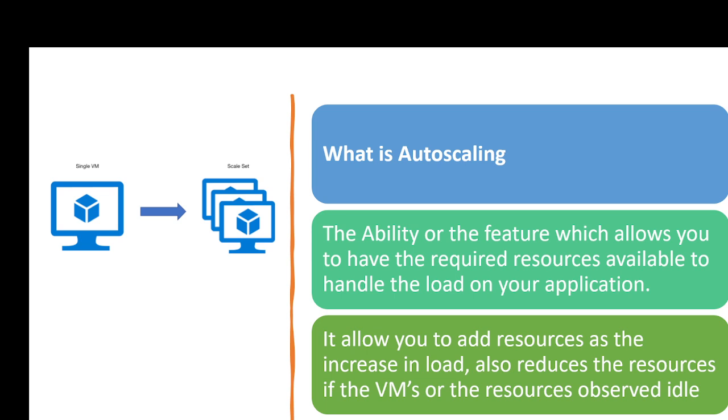concept. Okay. So in Azure we have a concept called scaling. Scaling means, as you already know, either increasing the size of the VM or decreasing the size of the VM. Okay. So auto scaling means the ability, or the feature, which allows you to increase the required resources or decrease the unwanted resources according to the application behavior. Okay, say for example,